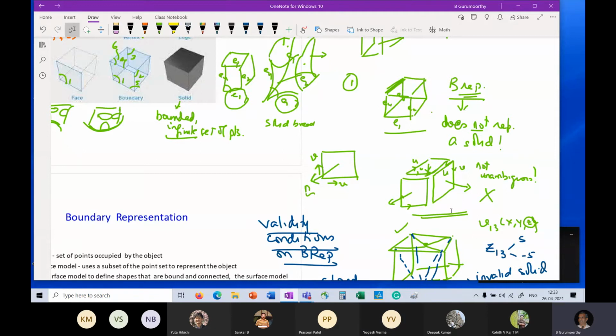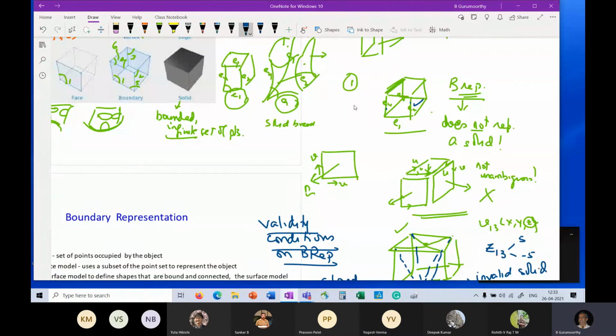Good. What do you mean by repeated edges? Just to make it clear to your colleagues. So in this example, if we consider the front face and the right face, E2 is being repeated. Yes. Good. If we do not have the top face, then the edge is not being repeated. Excellent. So indeed, that is a check.